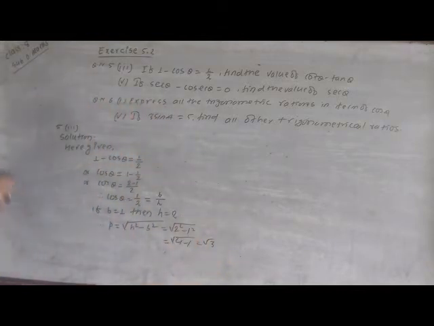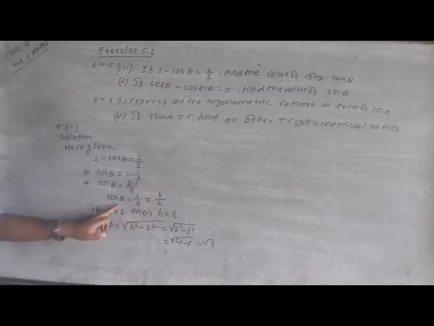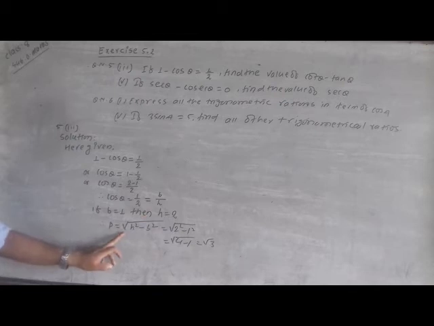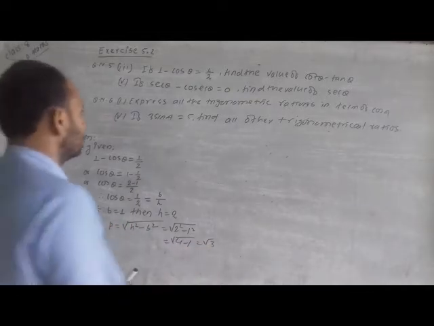Here you find the value of cos theta, and if b is equal to 1, we have the ratio cos theta is equal to b by s. If b is equal to 1, then s is equal to 2, and using the Pythagoras theorem, p is equal to root under s square minus b square. 2 square is 4, minus 1, we have here root 3.